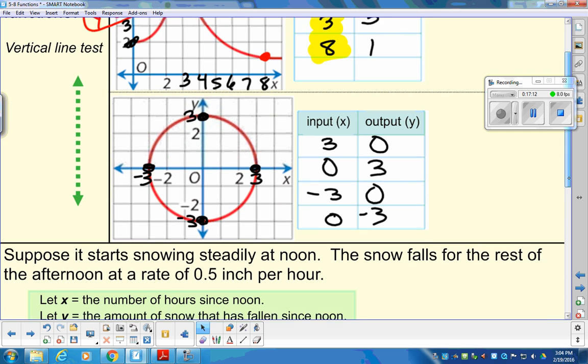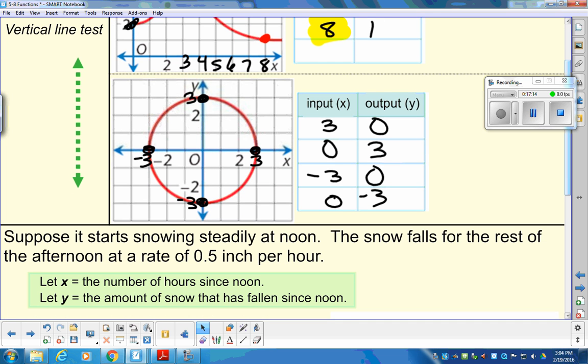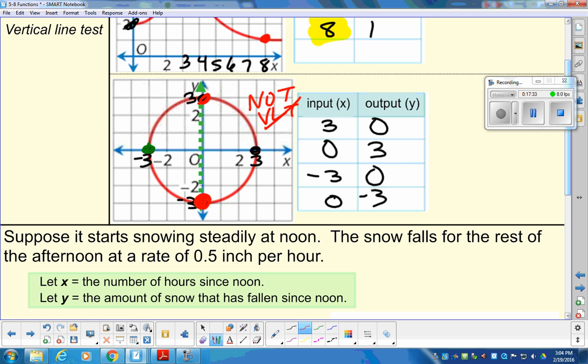Okay? So as we start to run that vertical line test, I want to know if it hits the graph everywhere just one time. Well, we're in good shape here because it just hits the graph one time. Function. But it has to work everywhere through the graph. As I'm working through the graph, it hits twice right here. Not a function. Once, twice, we say no, not a function, because it does not pass the vertical line test,